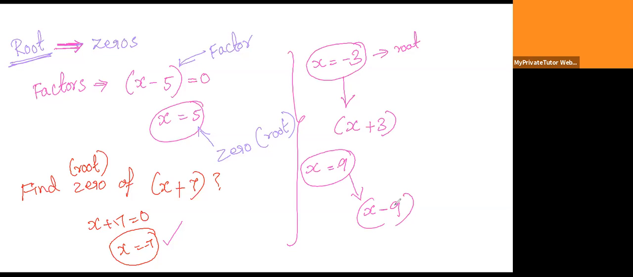X square minus 9x plus 18 equals 0. So this is an equation, right? Equals 0. So far we learned only expressions, finding the factors of a quadratic expression. Now here is the equation equals 0. So we need to find the value of